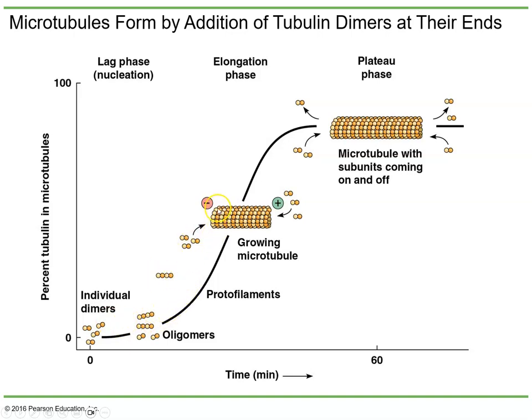But once it gets going enough, once we have this protofilament formed, the elongation phase is pretty quick and rapid. Once we get up here, we reach a lag phase, where it levels out and slows down. We have a similar amount of these tubulin molecules falling off and coming on simultaneously, so this is almost at equilibrium. Part of the reason is that we've lost concentration of these alpha beta tubulin molecules, so we can't